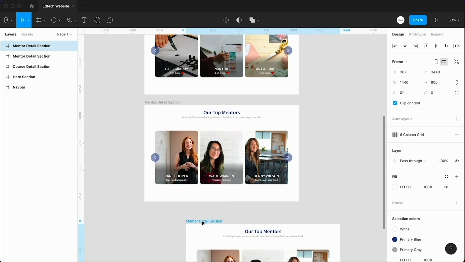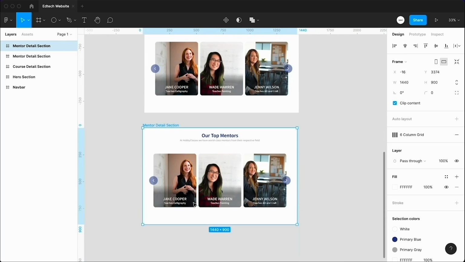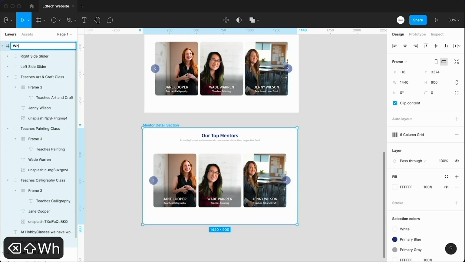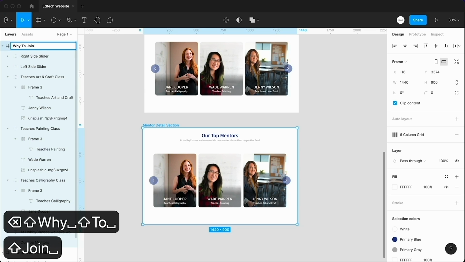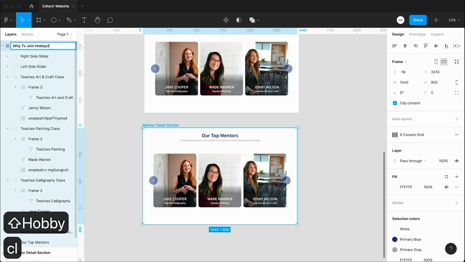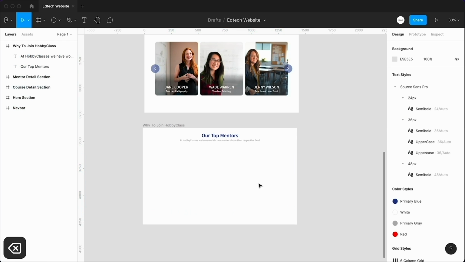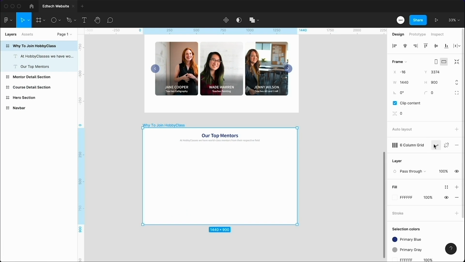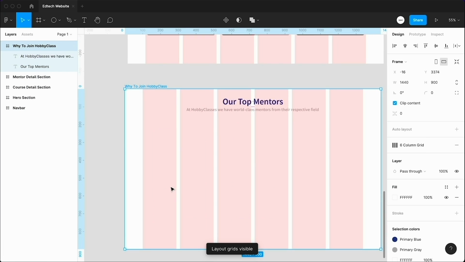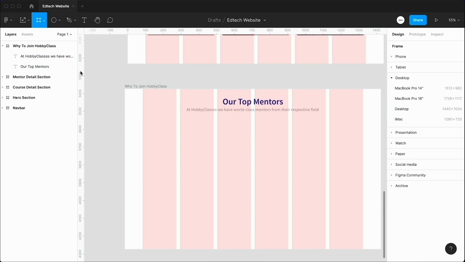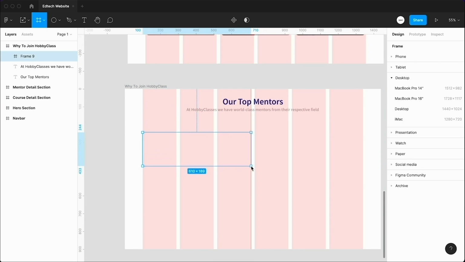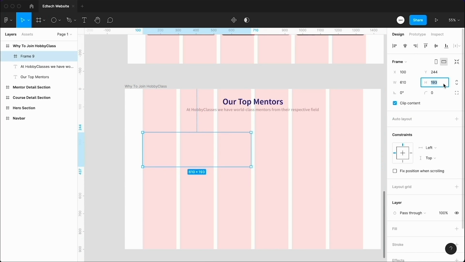Now I will select this frame and put it below the previous frame, and let's rename this frame why to join Hobby Classes. Now let's select everything and delete it, and select the frame and turn on the grid and take a frame and create a frame of size 610 by 200